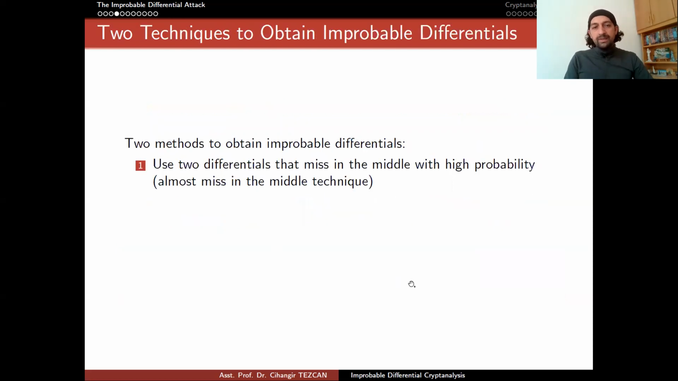So let's discuss how we can obtain this kind of differentials in practice. I'm going to talk about two methods to obtain improbable differentials. The first one is to use two differentials that miss in the middle with high probability, so we will call it the almost miss in the middle technique. Recall that in impossible differential cryptanalysis, we used a technique called miss in the middle. So the idea was to obtain two